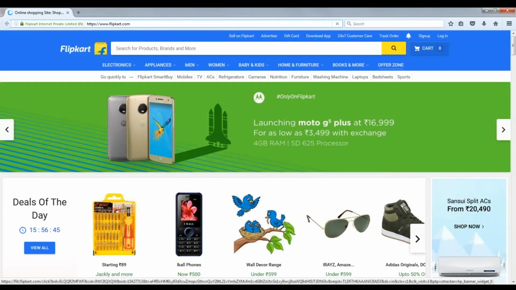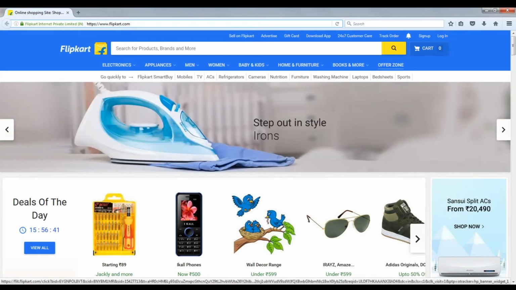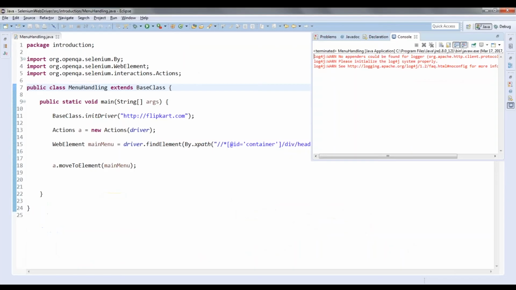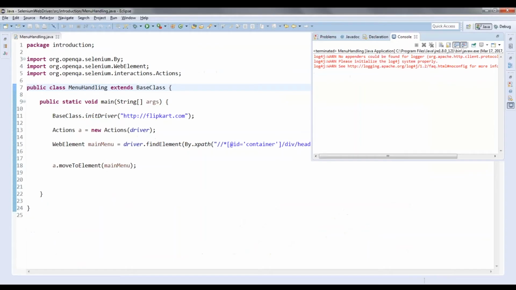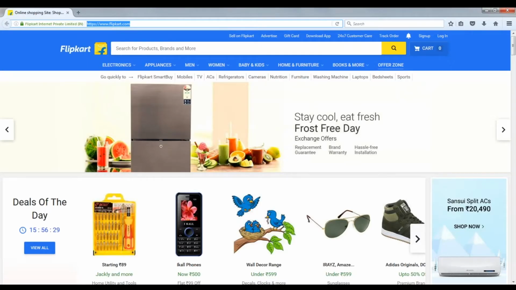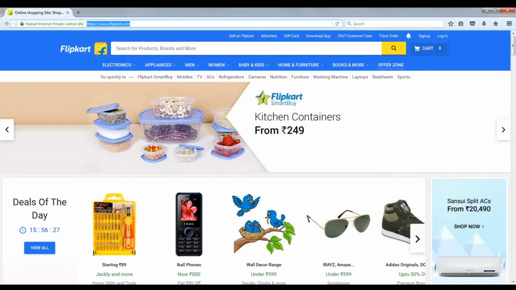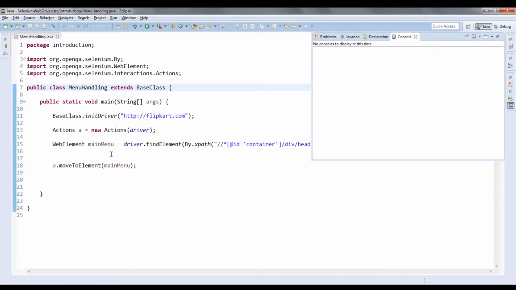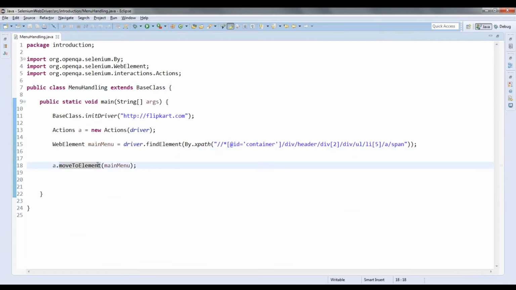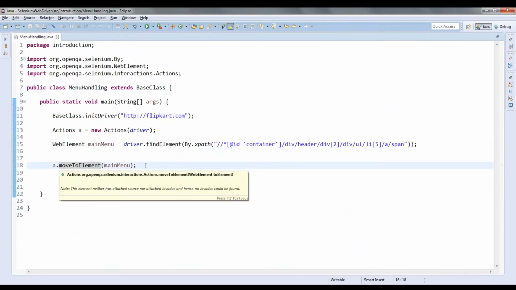So you can see here, it's loading flipkart.com, and then I have given moveToElement. Ideally it should move to the element and that entire list should be displayed, but it is not moving and it is not giving me any error also. Moving to the element is one action I am performing on an element.